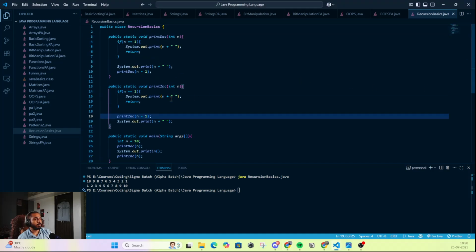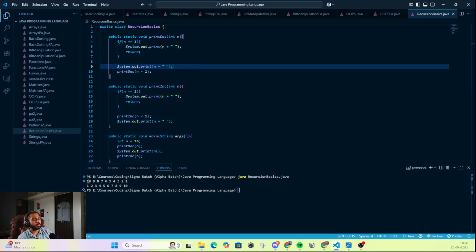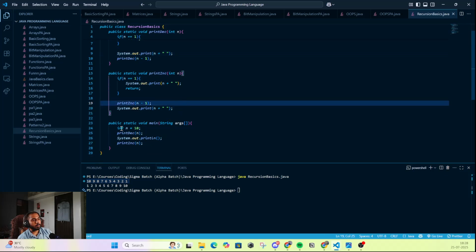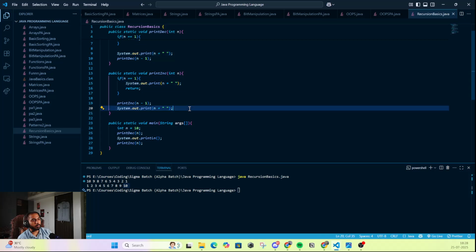In this case, we wanted to do it after printing the n because we wanted it in decreasing order. But here we wanted it in increasing. So we wanted to start from 10, but we didn't want to print 10. We wanted 10 to print at the end, so that's why we started doing recursion first, and then at the end we print for everything.